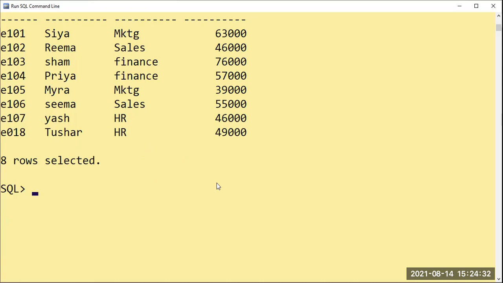Only those employees' salary I want to increase whose salary is less than 40,000. What condition can be used? Normally we say less than. What kind of operators will we use? Comparison operators, right? So greater than, less than, equal to, less than or equal to, greater than or equal to. I will not tell more concepts yet, but basically I will tell you how to use a single operator here.